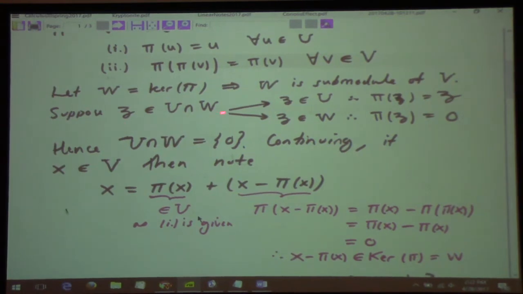Anyway, if Z is in the intersection, that means it's in both things, which means on one hand pi of Z is Z, on the other hand pi of Z is 0. So of course Z is 0, the intersection is 0. And then we notice this uber sneaky formula. That's in U again, and this short calculation shows that it's in the kernel. Consequently, everything is in U plus W, which shows that U and W form a direct sum decomposition of our FG module V. Again, supposing that you could actually find such a pi. Now, the next step here,